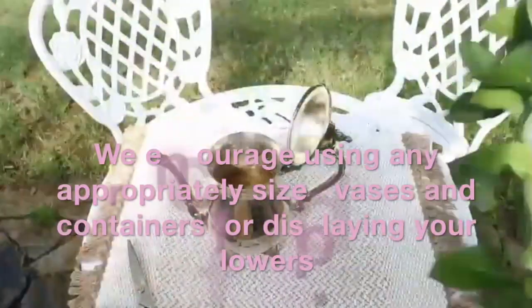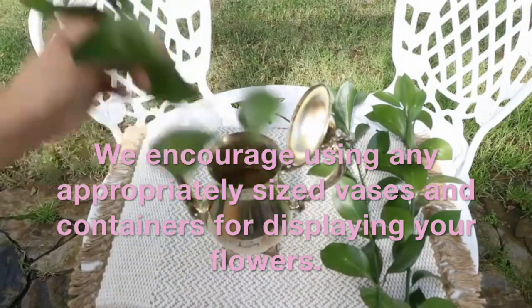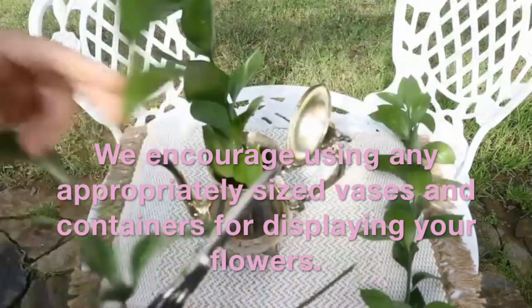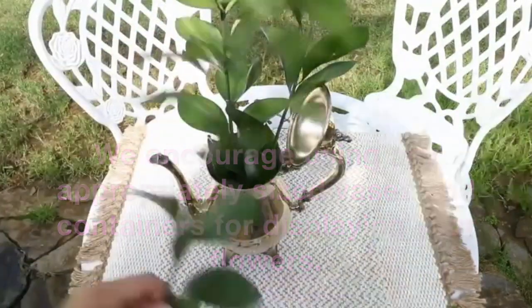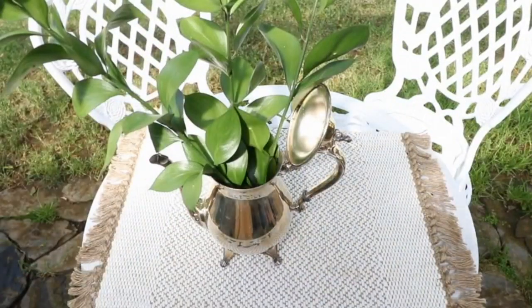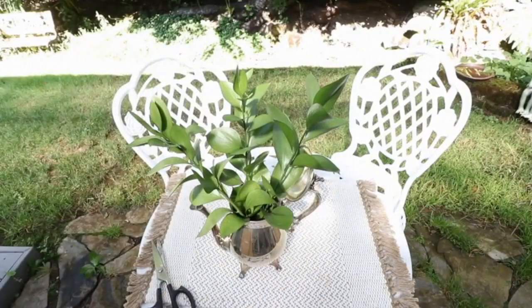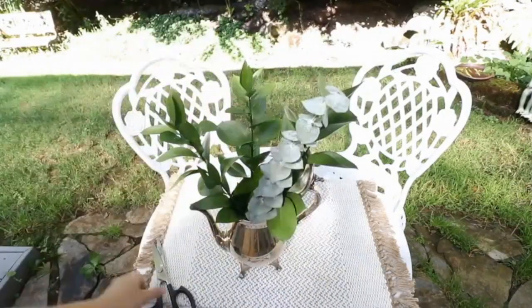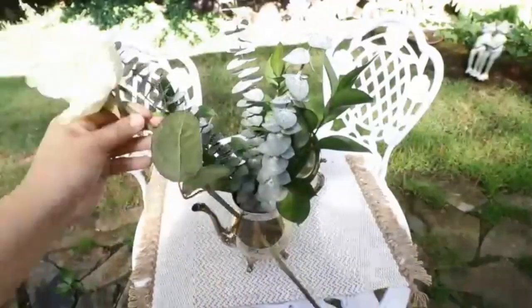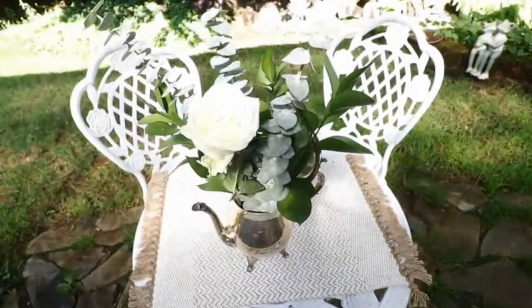So what I'm going to do now is I'm going to add the greenery first. I'm going to cut about 4 inches because they're very long and I don't want them as tall. So I am then going to add some of these eucalyptus, just very beautiful. They smell so good. I'm going to add some roses in white,